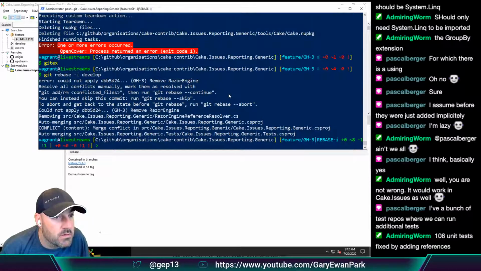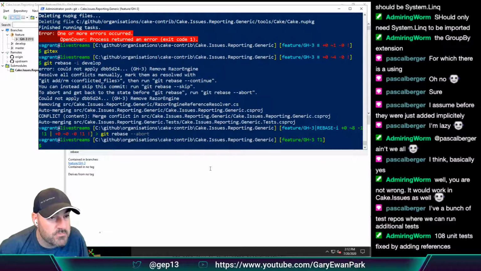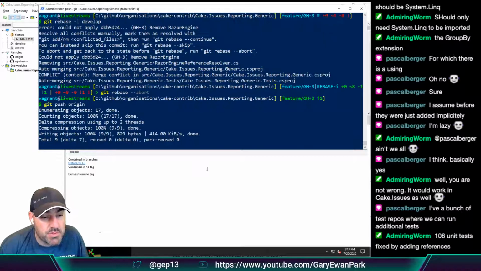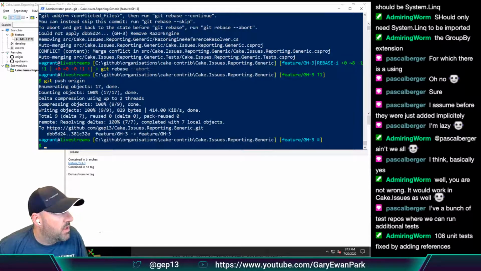What happened there? Git rebase import. Git push origin. There's something changed in develop that I'll have to look into, but that should be all the changes up to